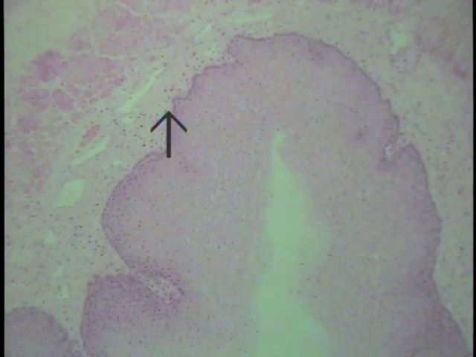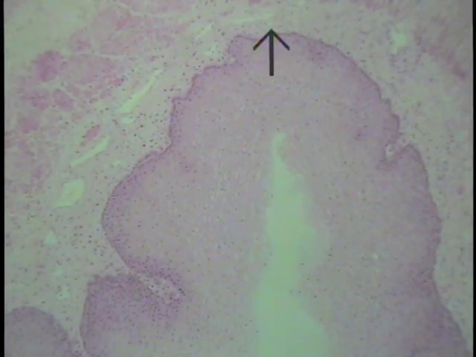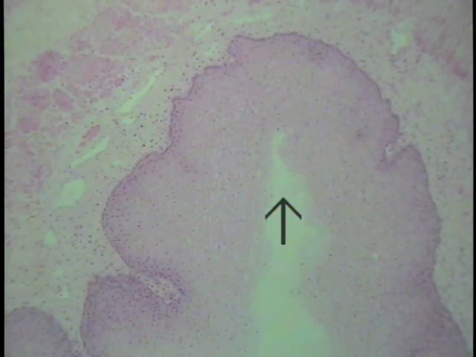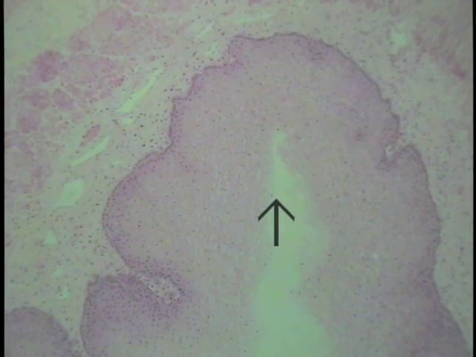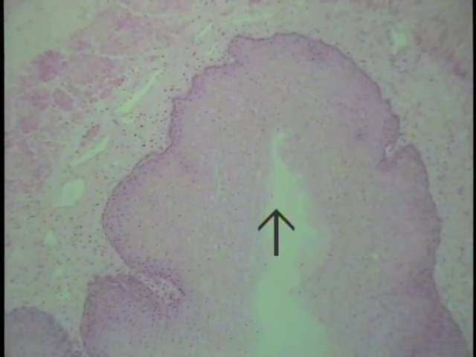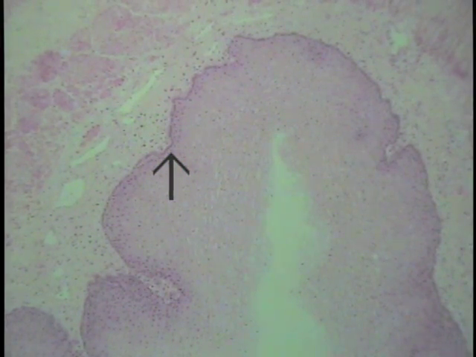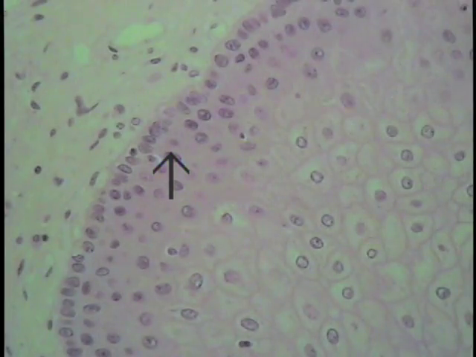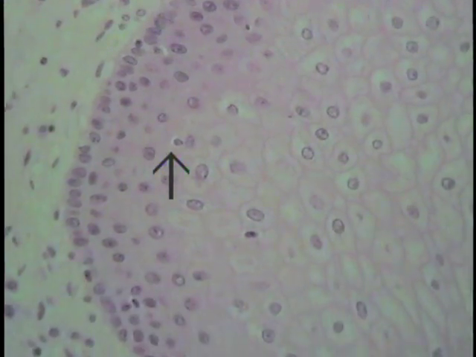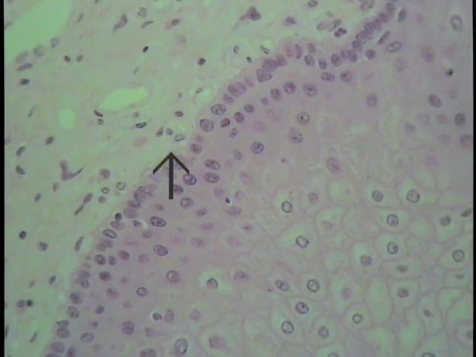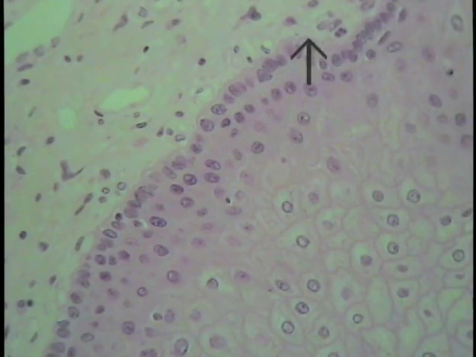to this area here, which is roughly the position of the basement membrane as seen with the scanning objective. So the epithelium in this particular case is fairly thick, extending from the lumen, where the arrow indicates, all the way to here. So you can see it's made up of a series of a number of layers of cells. Examine this type of epithelium at increased magnification. We are looking at this stratified squamous type of epithelium with an intermediate objective. Here we can see a layer of basal cells